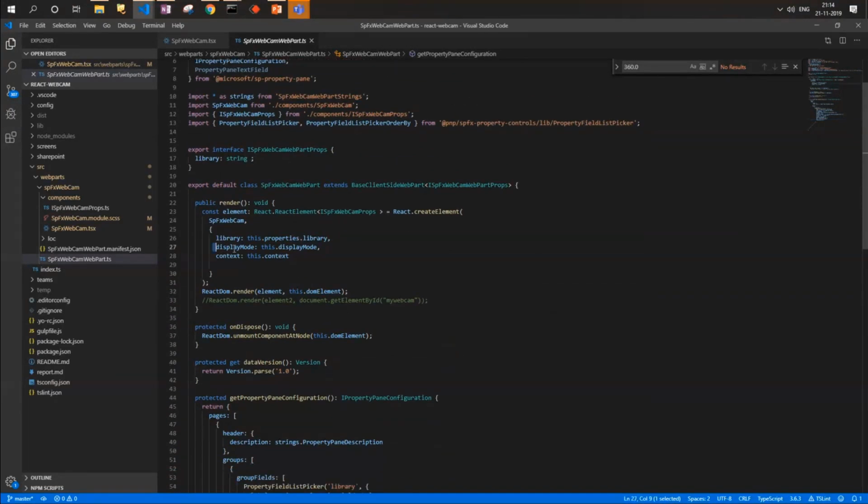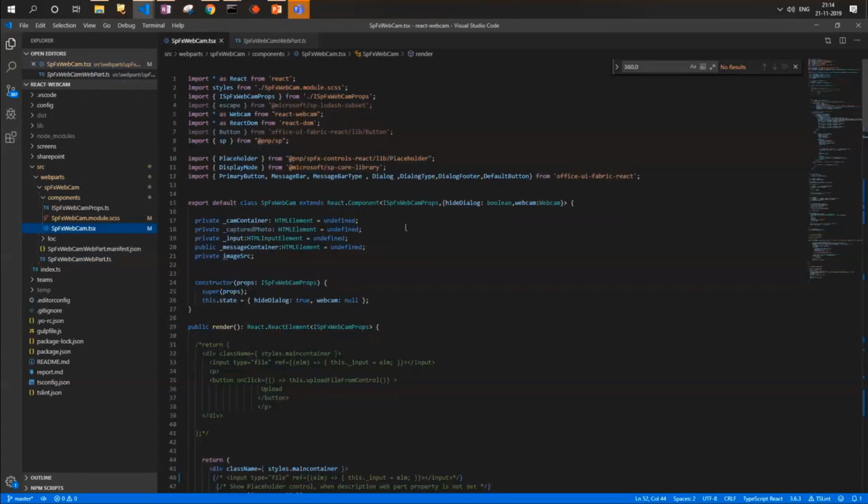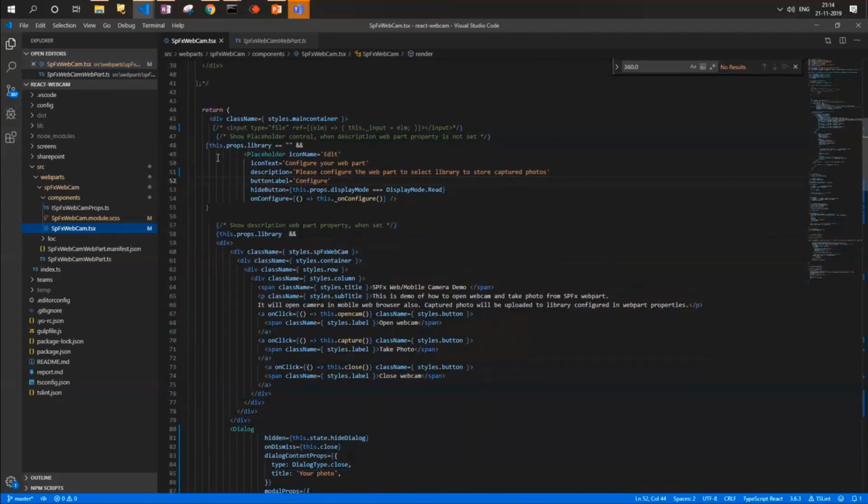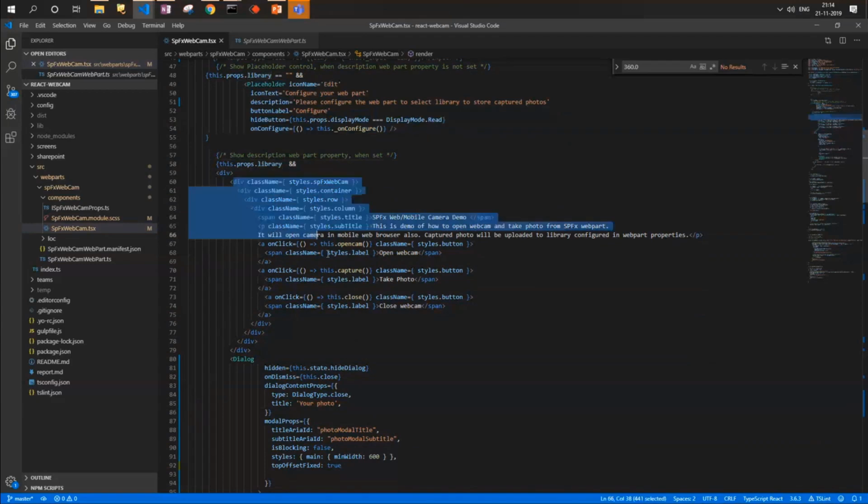I am passing the display mode and the context from the web part file to my component, which is my SPFxWebcam component. Here I have a placeholder to see whether the library property has been selected. If it is not selected, just display the placeholder. Otherwise, we show the actual web part content.